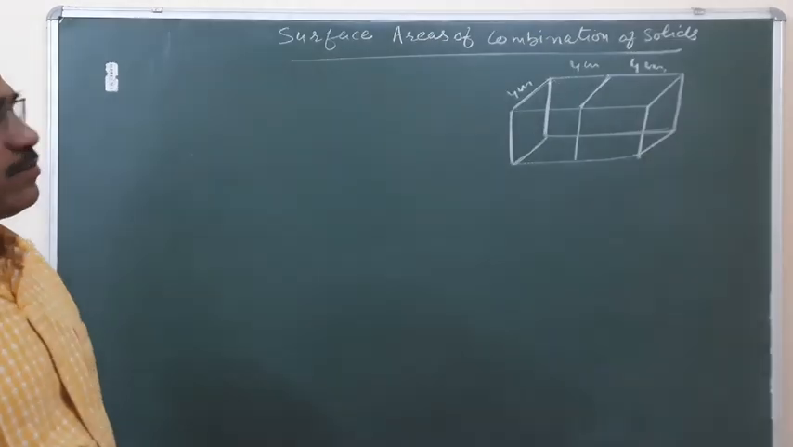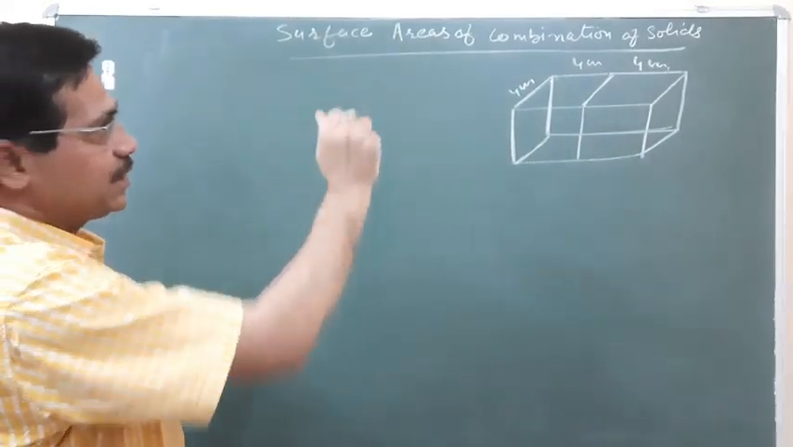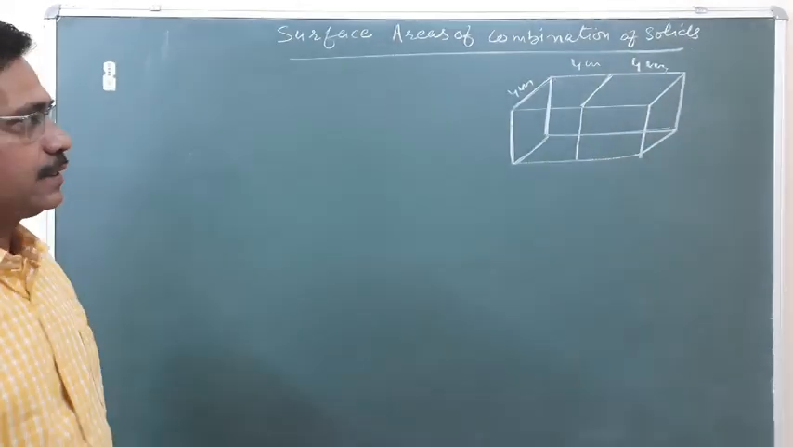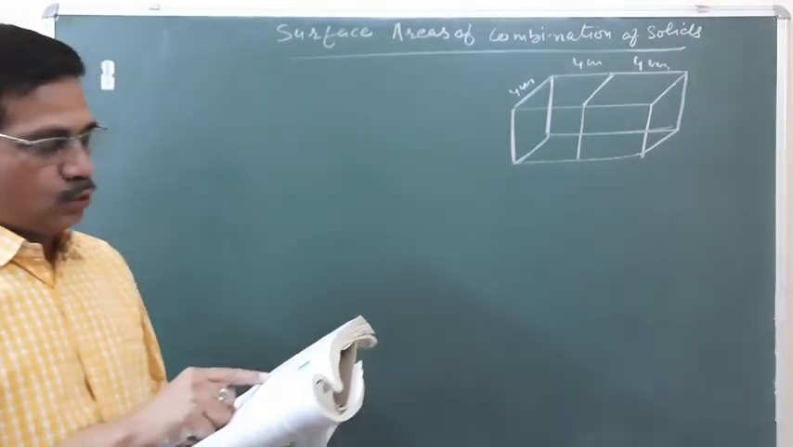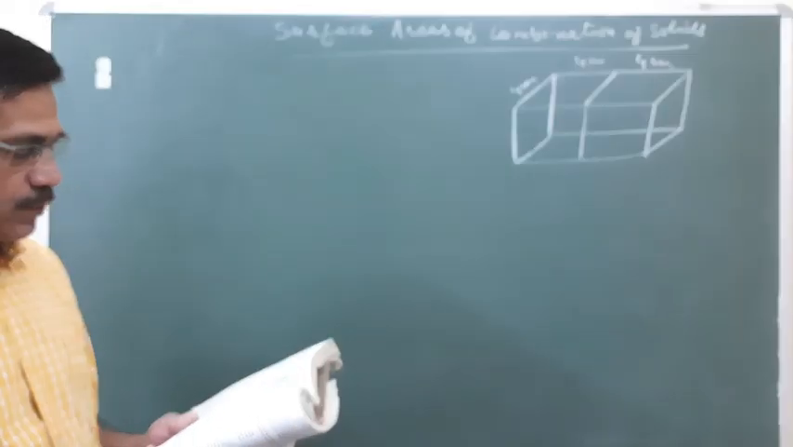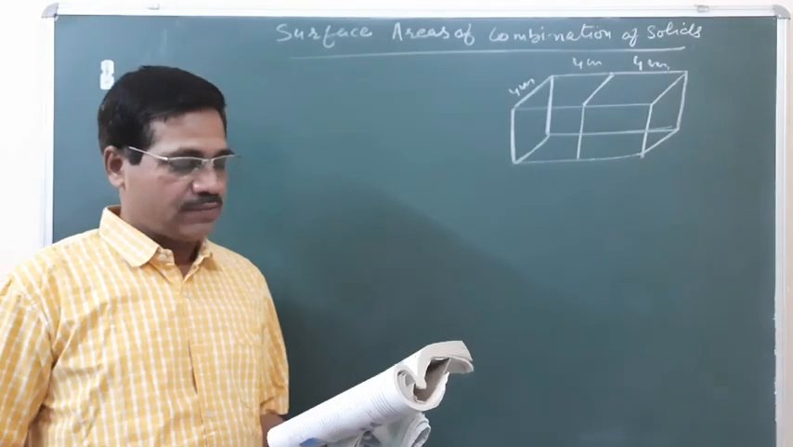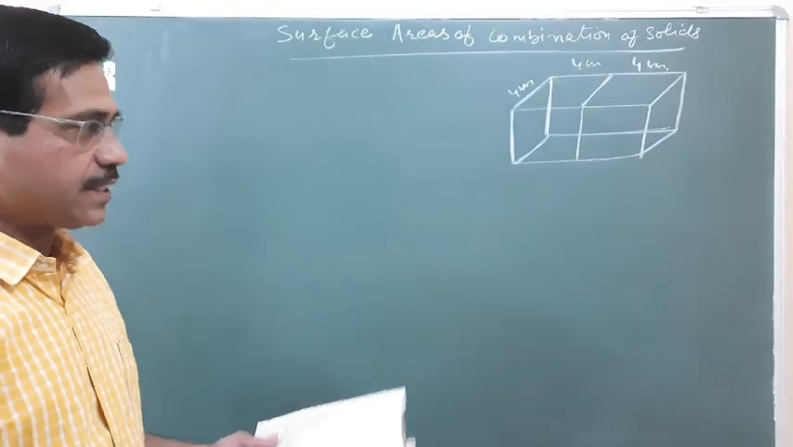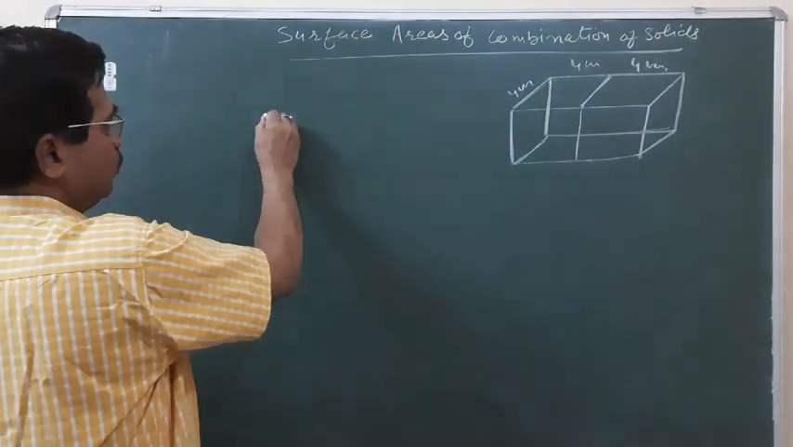Exercise 13.1, question number 1, the surface area of the combination of solids. In this question, two cubes of the volume 64 centimeter cube are joined end to end. Find the surface area of the resulting cuboid. Volume